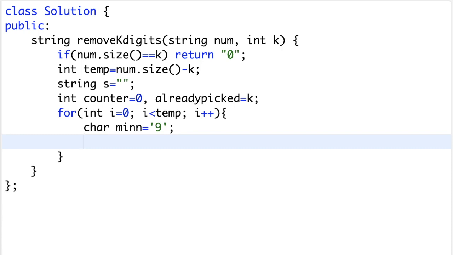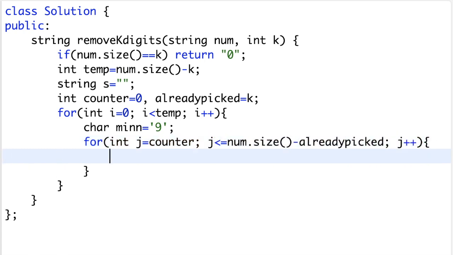So from here we want to decide which elements in this string we want to check. What this here does is basically it's the index where the minimum element is after we pick it. So in this case, we have a counter equal to 0. So we start at the beginning and then we go all the way to the position where we leave the amount of elements which we need left. So remember in the example when we had 4 elements which we wanted. What this will basically do is that from here to here, this will tell us we can pick the minimum within this section of the string while leaving 3 elements left, which are guaranteed for spots B, C, and D. And basically what we want to do is,